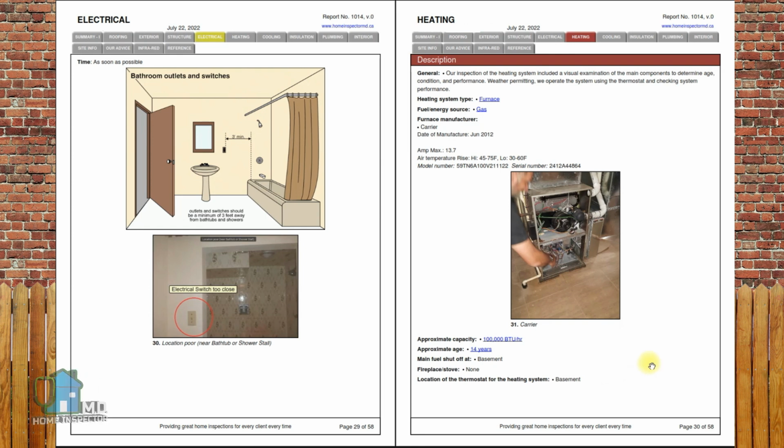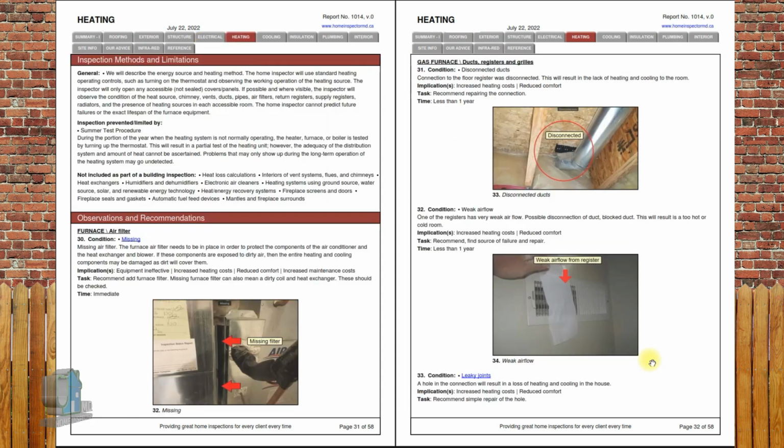The specifications can also be very important if you need to call an HVAC technician for a problem. Providing them with the model number and manufacturer can help them before they even visit. Even though a short startup test is done, how efficient the system is overall cannot be completely ascertained. Not to mention, most of the duct system will not be visible. In our demo observation, we have some common problems here, such as missing or dirty filters, physical damage, and poor